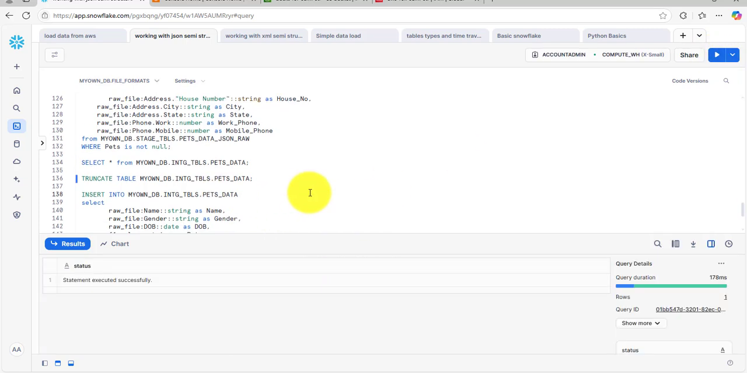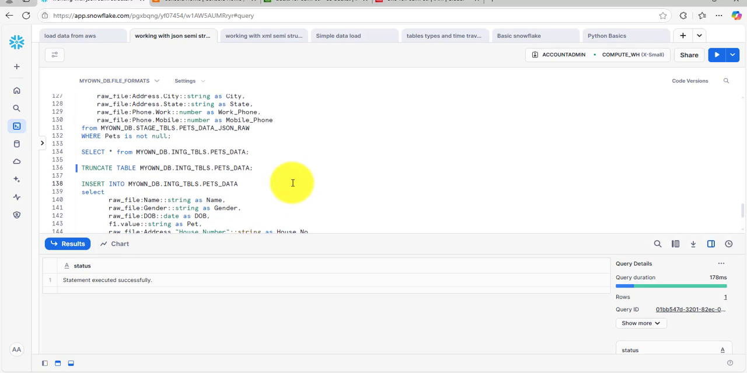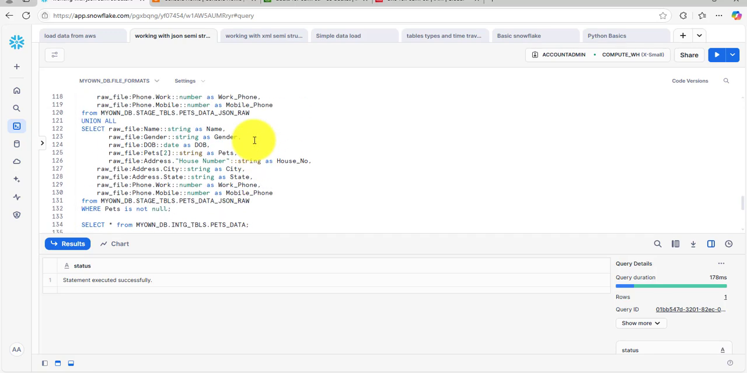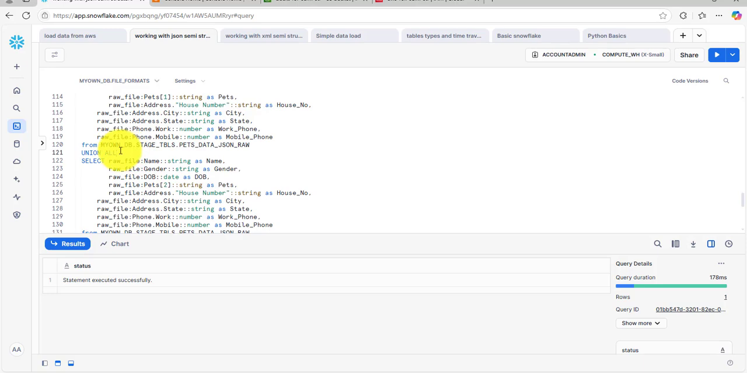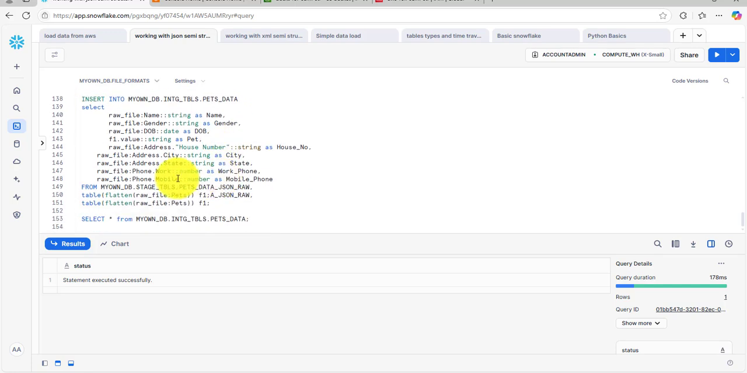Truncate table. Now I'm setting this table. You can see we have worked this like a union all. We can work using a built-in function. Use flatten raw file pets. We can use the flatten function, using this raw file and pets, pets as a JSON. When we click this run button,